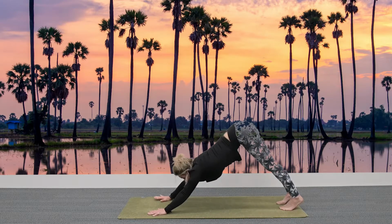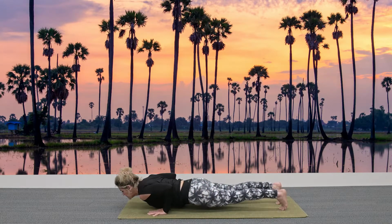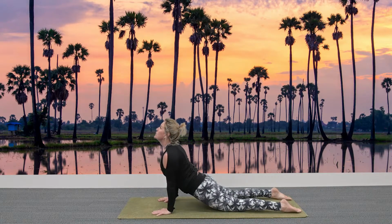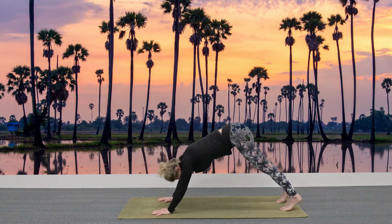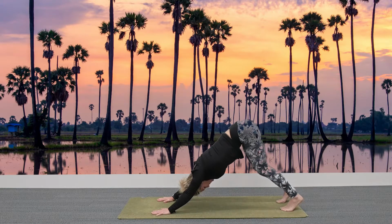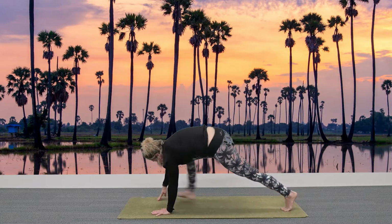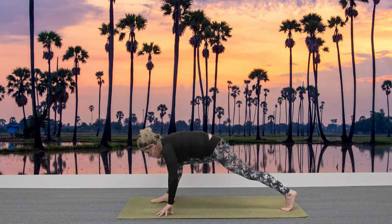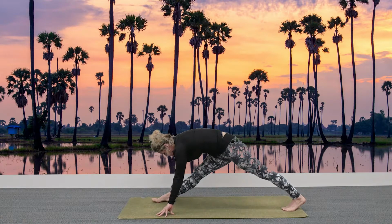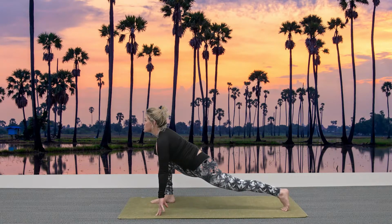Float forward through your plank. Inhale to plank. Exhale, lower. Inhale, lift and peel the front body off, knees down or up. And then tuck toes, exhale, downward facing dog. Nice. Bending your knees. You're going to bring your right leg through. Go nice and long in both legs here. So we advance into that longer leg hamstring position and then bend, looking up, forward in this lunge, and then